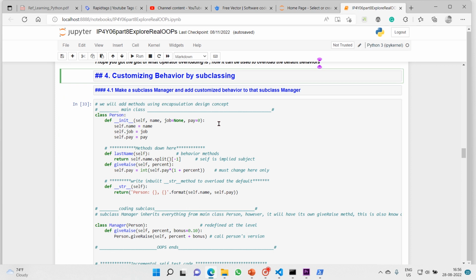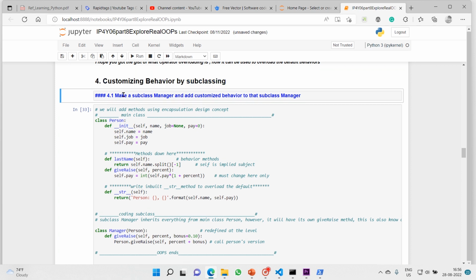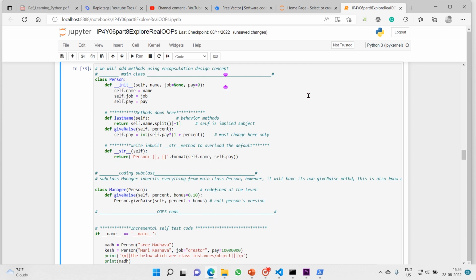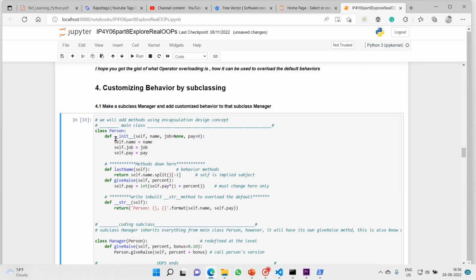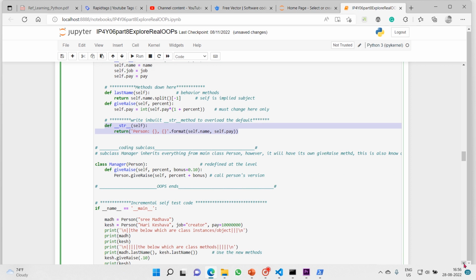Now, customizing the behavior by subclassing. The first task is to make a subclass Manager and add customized behavior to it. This part is normal and it also has two methods in it. In addition to that, we have added operator overloading.